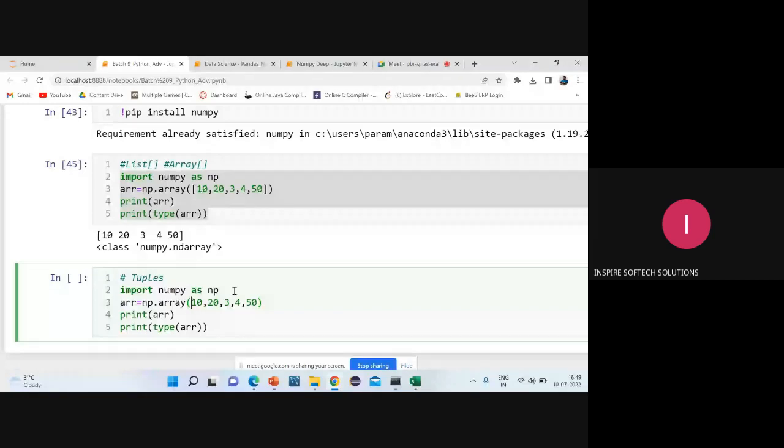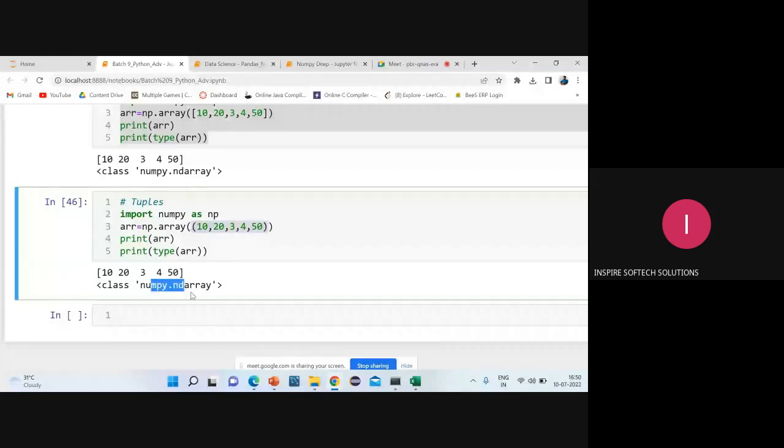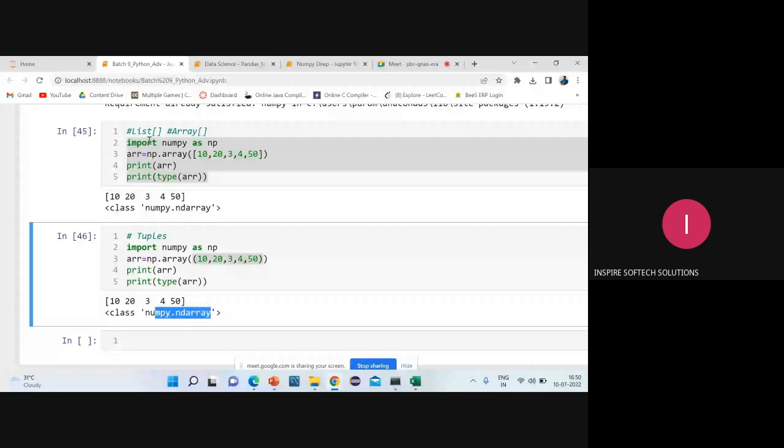So can I use round bracket like this? Why not? It is the tuple representation. Now if you check, you can see I am able to predict the output. I did it with a square bracket previously. Now we are doing it with a round bracket, the tuple bracket. Yes, I'm getting the output as an n-dimensional array only. So this is how you have to create a numpy array, using a list, an array, or tuples.